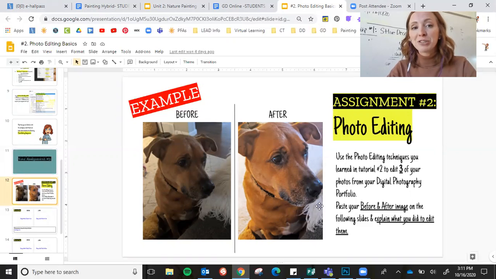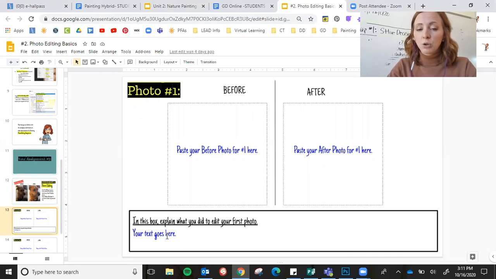Make sure these are images you've taken. Probably they're going to be images from your class digital photography portfolio, but if you want to use other photos that you've taken as well to play in Photoshop, you can do that as long as they're your photos. And you're going to do this for 3 images. So it'll look like this. You'll paste